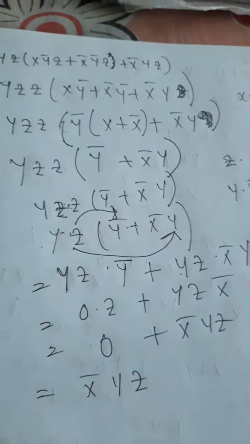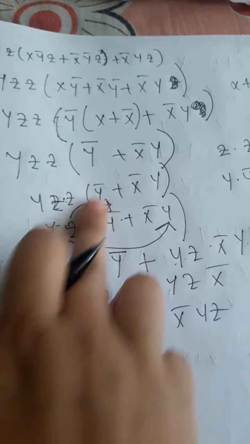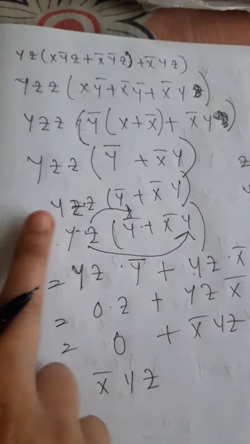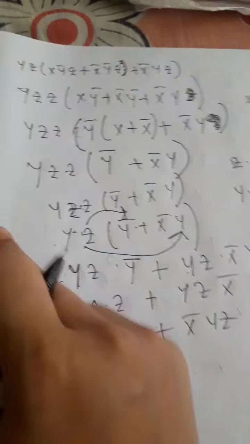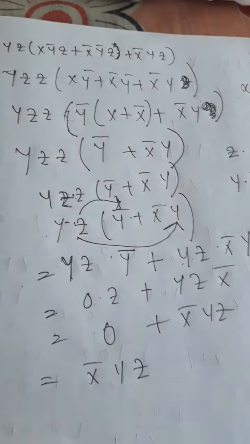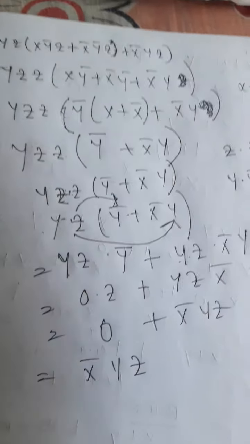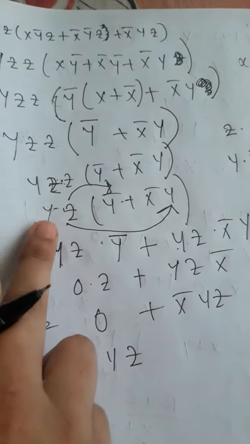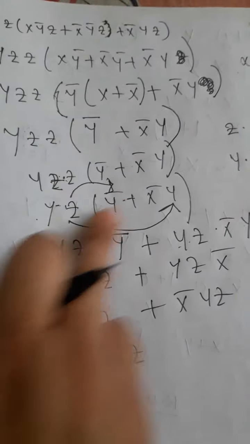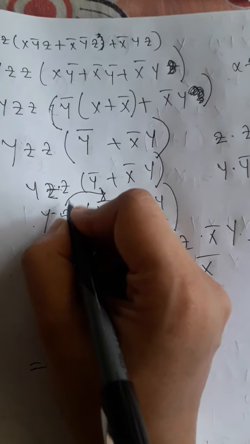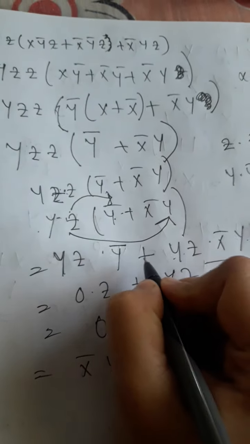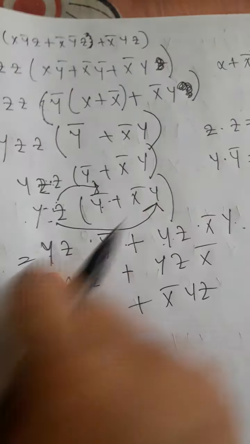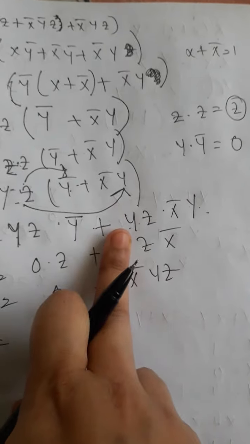After simplifying the inner part, we got this equation, that is y bar plus x bar y. Now we will multiply this part. Before multiplication, I checked if we can shorten this part. Because z appears twice, it will always be a single z. So y into z, when multiplying, first we multiply this part with this one, then this part with this one. So y into y bar is 0, so 0 into z will be 0, and the rest is yz into